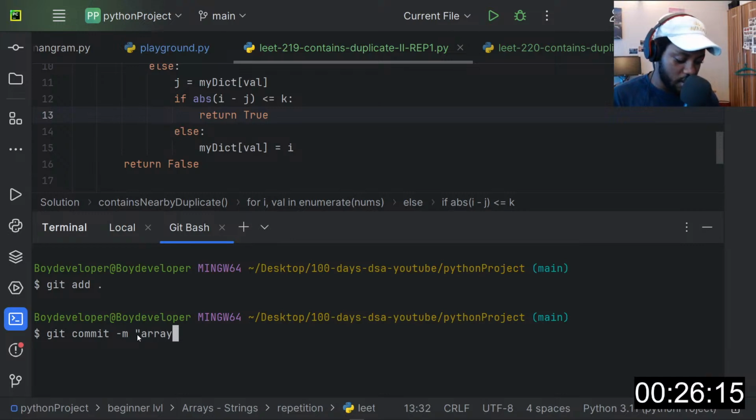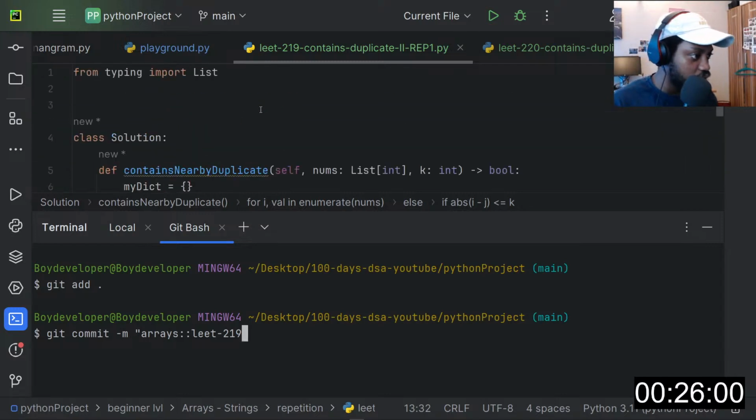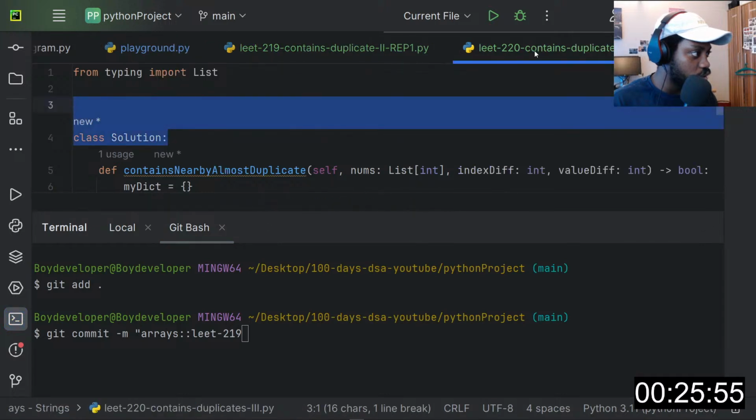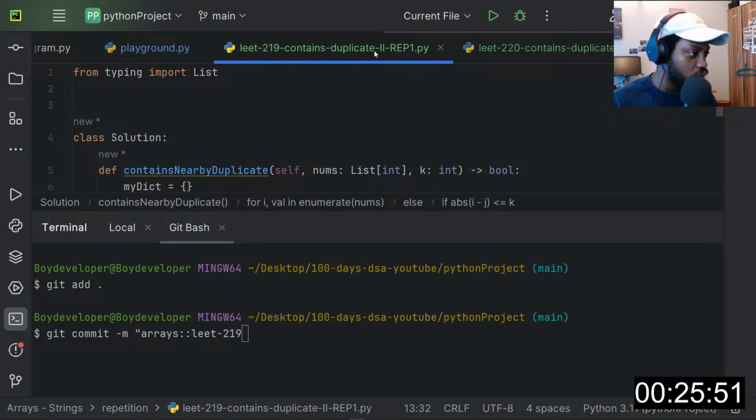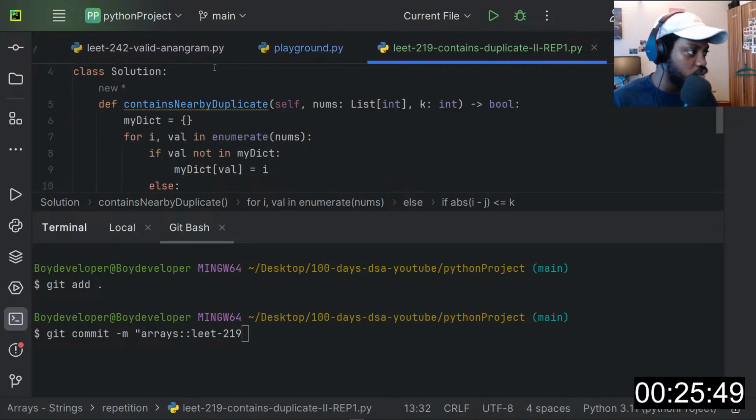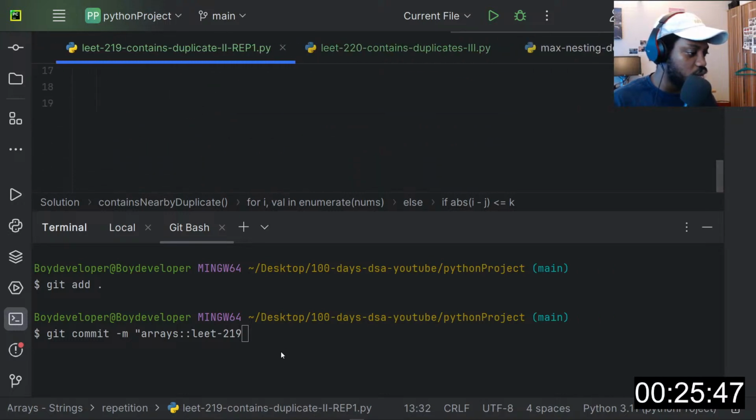So, array, LeetCode, 219, right? No, I'm not doing 219. I'm doing this. Okay, 219 and what? It's just 219.